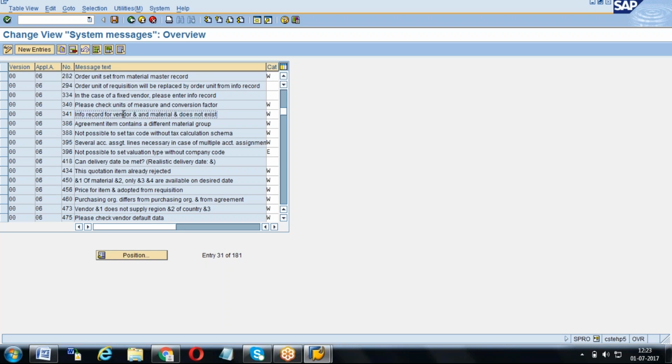Or else if you maintain a source list, then you made a source list fixed indicator. At that point of time, to make a source list with a fixed indicator, info record is mandatory, then this message will come. That kind of different messages were written. Those messages will be populated by the system when you are doing the respective transaction. Here we can control which can be error message and which can be warning. So the very critical things we keep as error message, and things which are not critical, which can be used as messages, then we keep it as a warning.